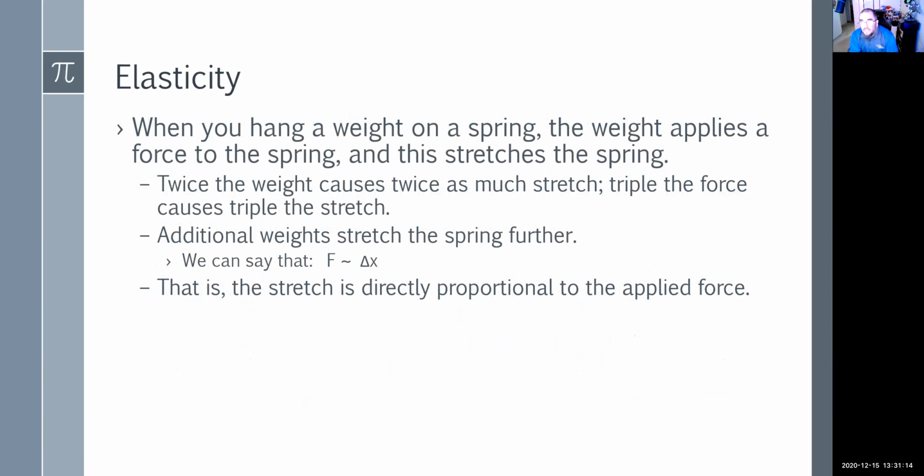So like I said, when we hang that weight on the spring, the weight applies a force to the spring and stretches it. Twice the weight would cause twice the stretch, right? So let's say we hang a weight on this eyeglasses cleaner. As I start pulling on it, here's one force. Now I'm pulling at two forces. Now I'm pulling at three. Now I'm pulling at four, right? So what I'm saying here is, as the spring or this cloth stretches, the actual stretch is directly proportional to the applied force. The more force I apply, the greater the stretch of the cloth, right? And if I let it go, it should return to its original shape unless I've overstretched it.